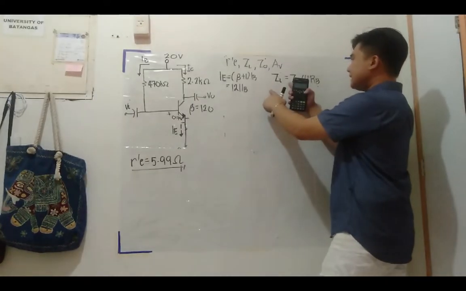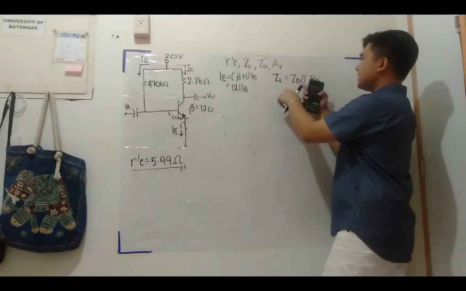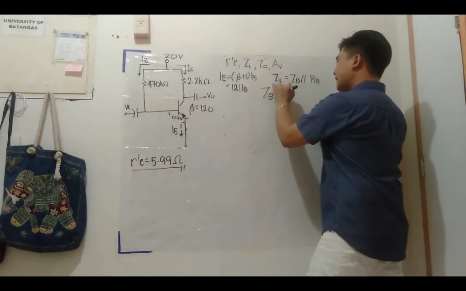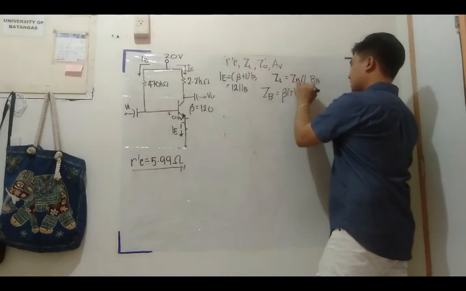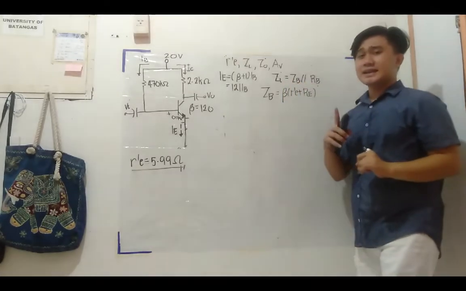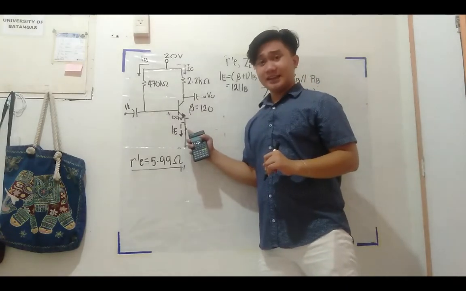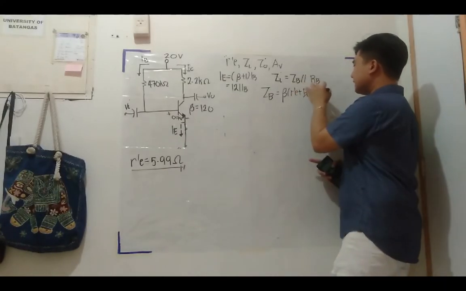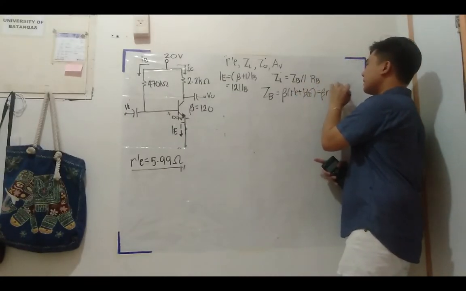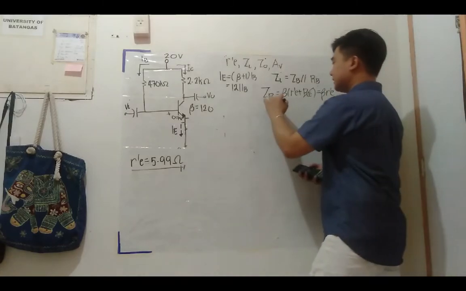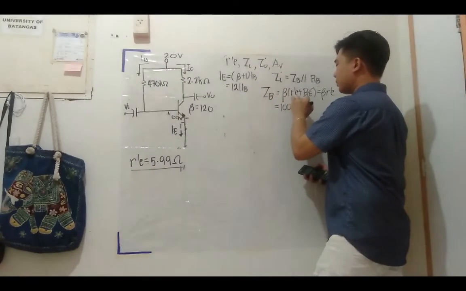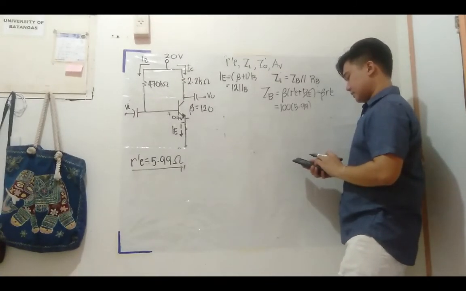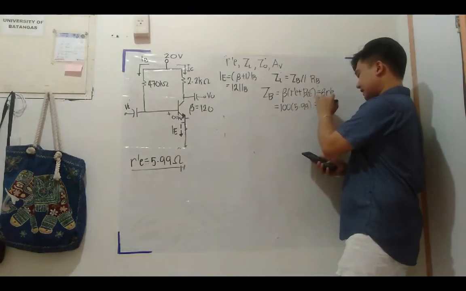So, di ba ZI, yun pa din naman po. That is ZB parallel with RB. ZB, di ba yan ay beta R prime E plus RE. Pero guys, dahil binypass natin si RE, wala na tayong value ng RE ngayon, 0 na. Kaya yung ZB natin kapag bypass ay beta R prime E na lang po. So that is 100 times 5.99. So that is 598.71